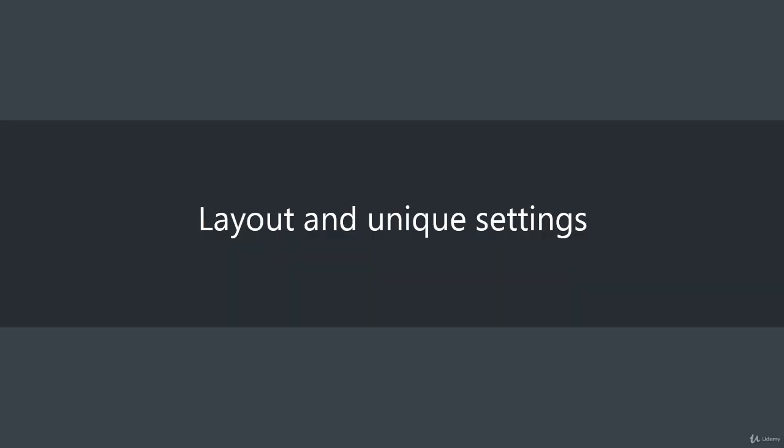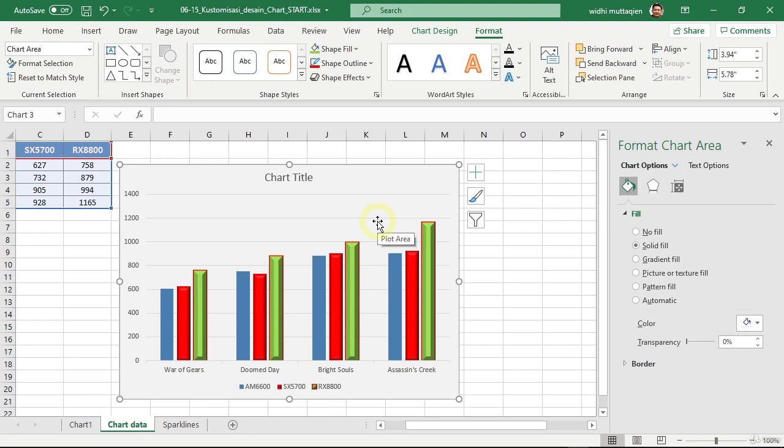Apart from the fill color, outline, and effects, you can customize every aspect of the chart even further. Let's first discuss how to control the layout or the placement. If you select the chart title, for example, besides replacing the text, like this for example, you can also move it to any location in the chart region simply by clicking and dragging on its edges.